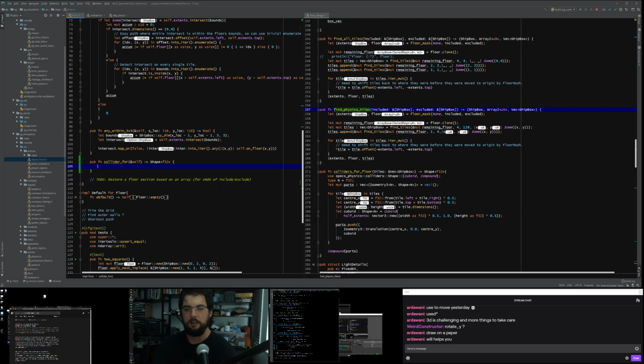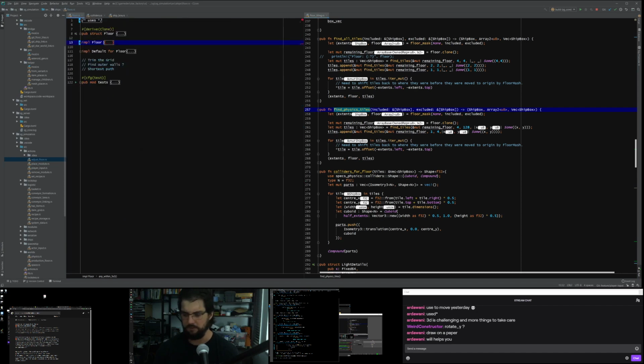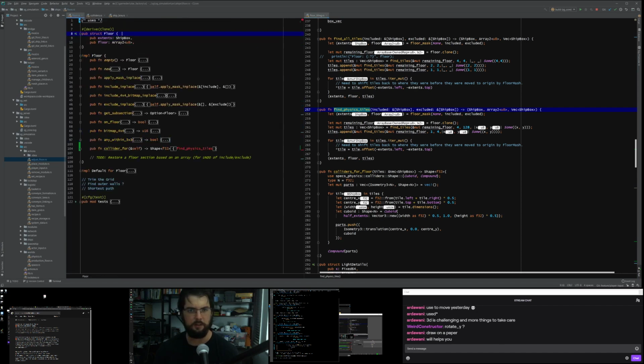Okay. We want a collider for ourselves. So the first thing we need to do is find physics tiles. So if I just minimize this glass, you'll see that a floor has extents in a floor. We don't need a floor mask in this routine.